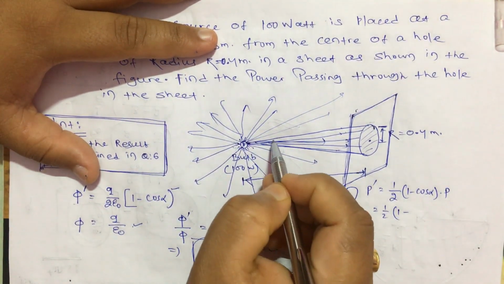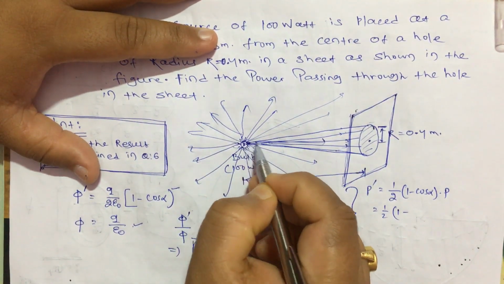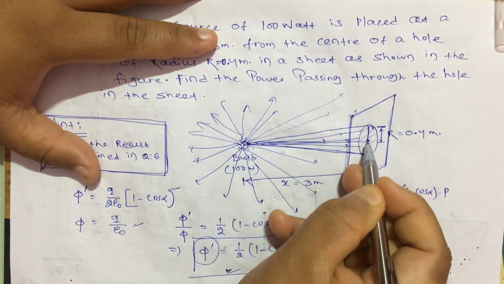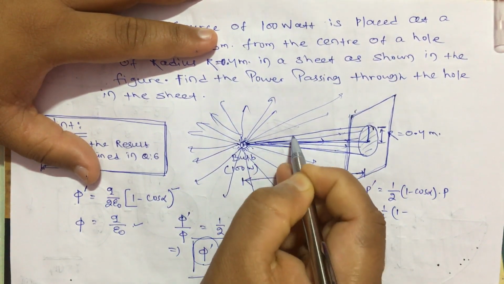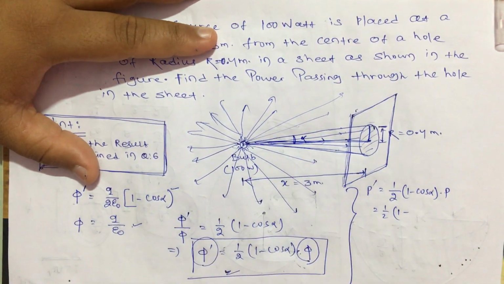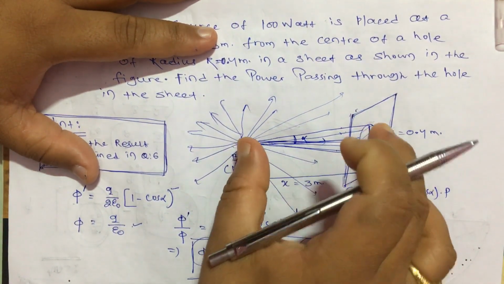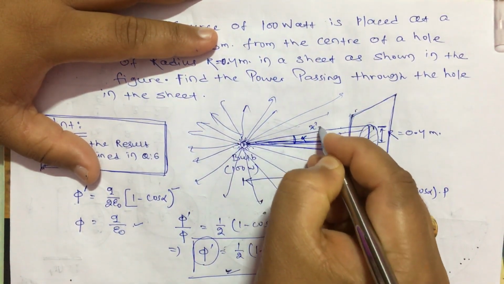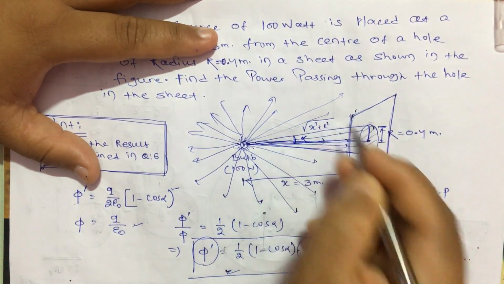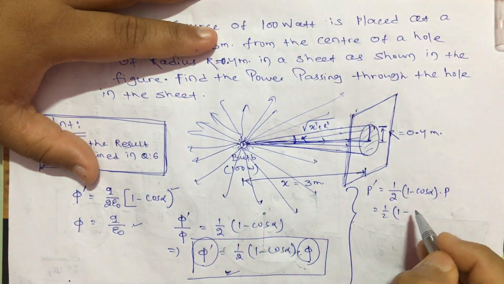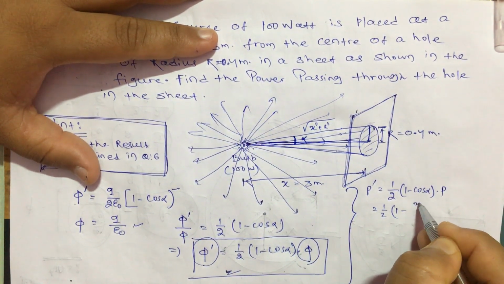What is alpha? Alpha is this half angle of the cone. And what will be cos alpha? It is x divided by this distance, which is nothing but root over of x square plus r square. So it will be 1 minus x by